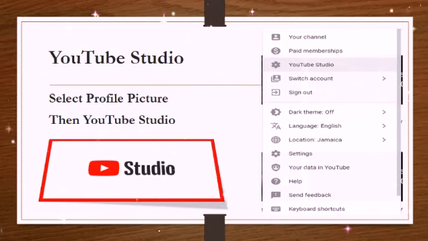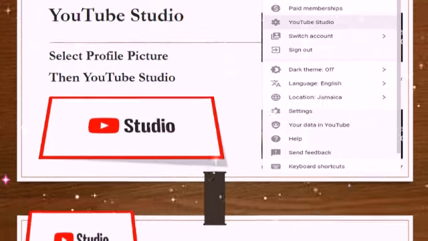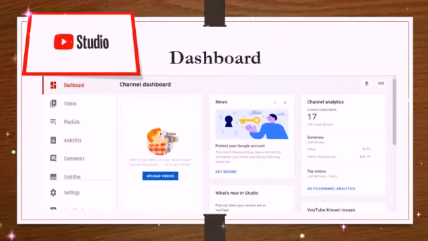or touching your profile picture. It's normally in a little circle. Then will come to a drop down and you will pick YouTube Studio. It will have other things like your channel, and it will switch account and sign up, but you want to pick YouTube Studio. So when you get to YouTube Studio, now you basically have a drop down menu to the